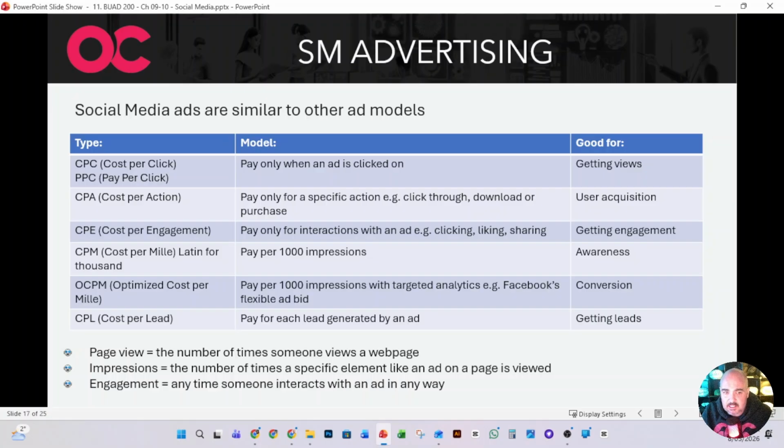Cost per leads. So similar type of thing. We're going to be bidding on these types of things. We can set up boosted ads where we're paying for whatever type of action we're getting people to take or whatever type of metric we want to get back. So when we're looking at all of these, again, these are good for different things. It's going to depend on what our actual objectives are.